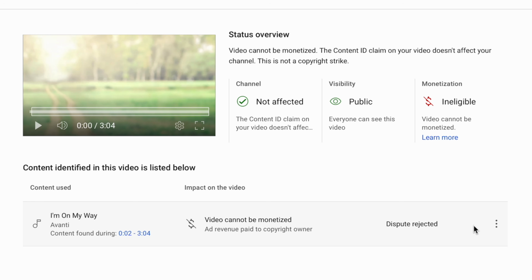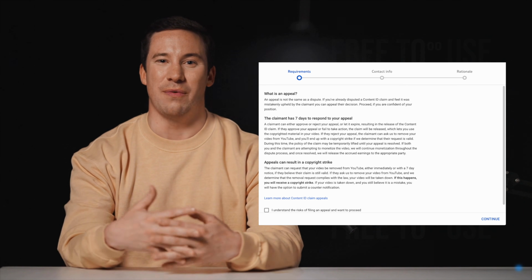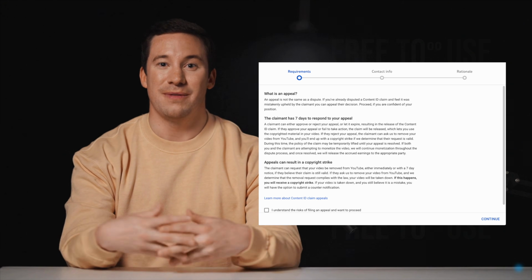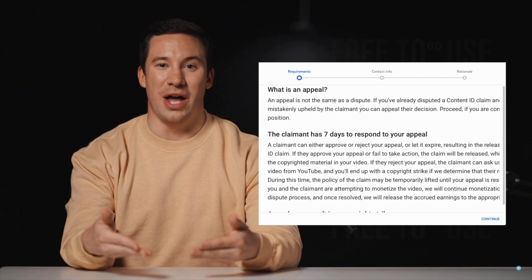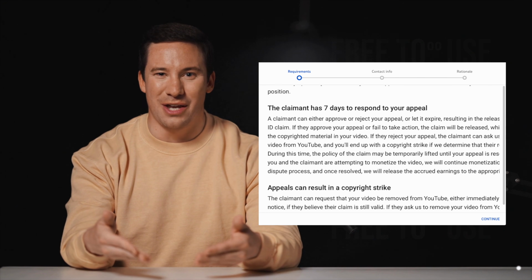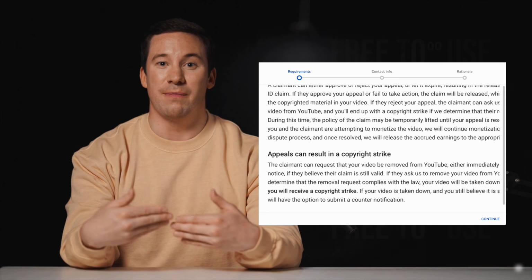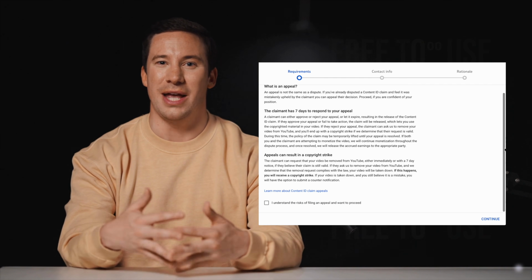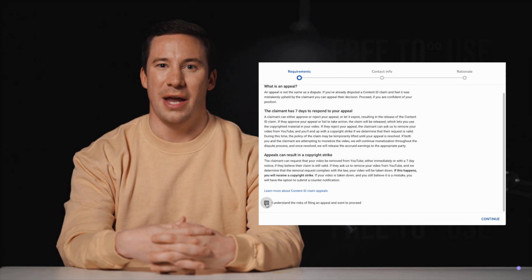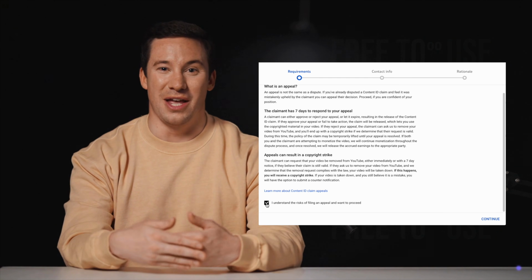Similar to the action you took when disputing the claim earlier, click on the three-dot icon. However, this time, you should find an option labeled Appeal. Please thoroughly read the explanations provided by YouTube. If, after reading, you are confident that the copyright claim has been incorrectly upheld by the claimant, proceed to confirm by scrolling down and selecting the option that states, "I understand the risks of filing an appeal and want to